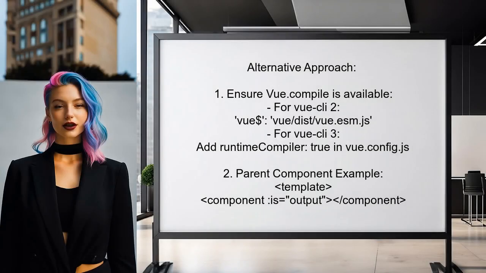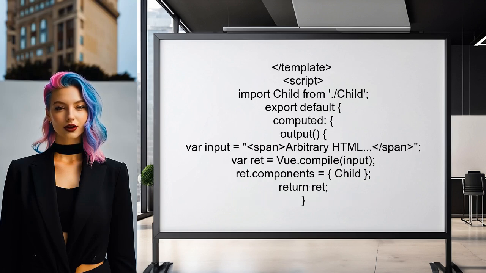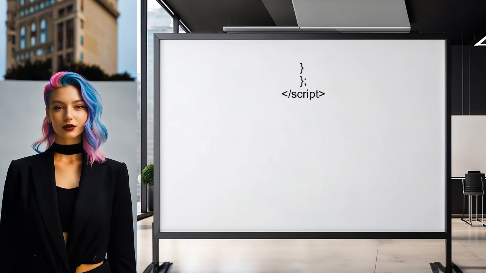This user provides an alternative approach for dynamically inserting child components in Vue.js 2, specifically for those using Vue.js with Webpack. They explain how to ensure Vue.compile is available by modifying the Webpack configuration. For Vue.js 2, they suggest changing the line in webpack.base.conf.js to use the full build of Vue. For Vue.js 3, they recommend adding a runtime compiler rule in Vue.config.js. The user also shares a simplified version of the parent component, which uses Vue.compile to handle arbitrary HTML strings and